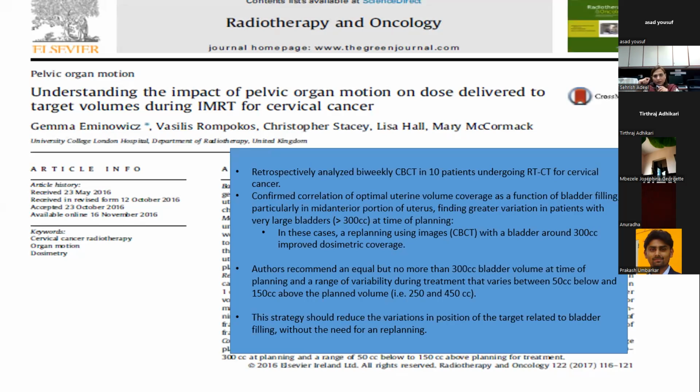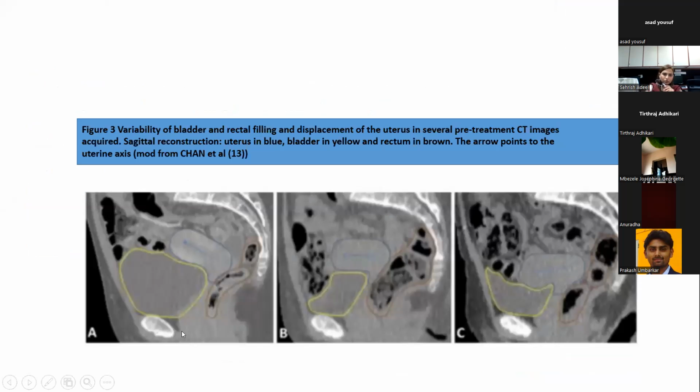The authors recommend an equal but no more than 300 cc bladder volume at the time of planning, and a range of variability during treatment between 50 cc below and 150 cc above the planned volume. According to them, this much variation is allowed during the treatment, but we have to keep the bladder volume at 300 cc at the time of planning. This strategy would reduce the variation in position of the target related to bladder filling without the need for replanning. These are the pictures taken from the paper